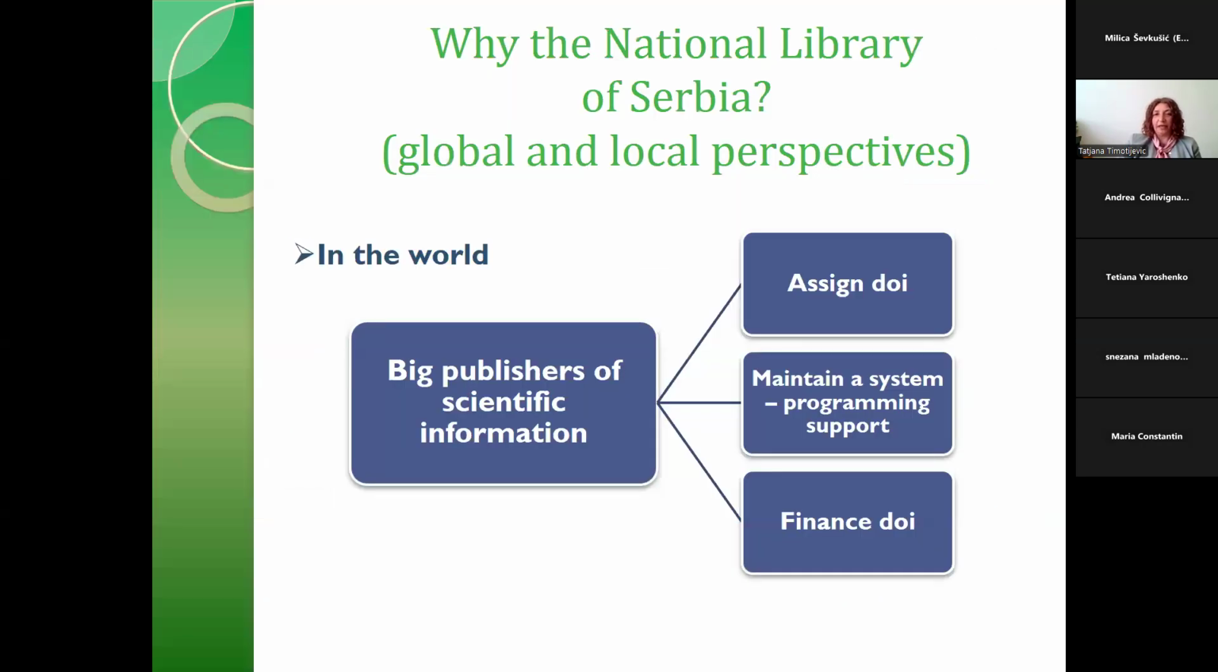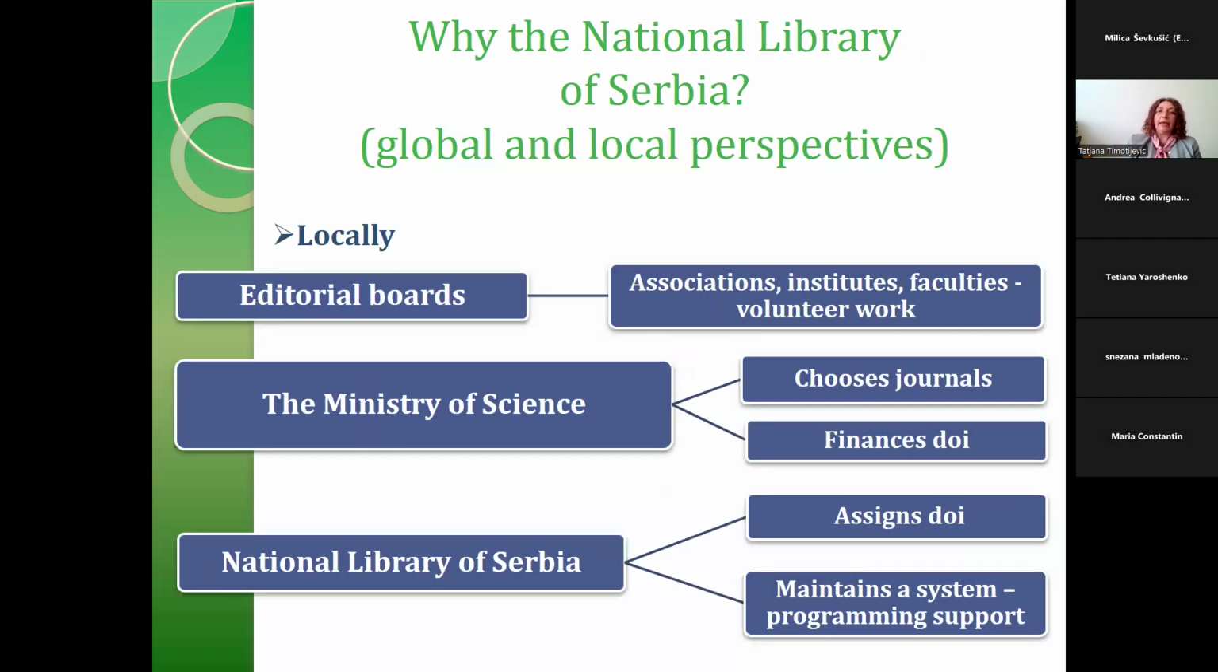Why National Library of Serbia? Well, in the world and in the majority of countries, we have big and professional publishers of scientific information, which assign DOI for their journals, maintain a system, and finance DOI. In Serbia, the situation is quite different because we didn't have professional publishers of scientific information, and editorial boards and publishers of scientific journals mainly come from associations, institutes and faculties. The Ministry of Science in Serbia chooses journals and finances DOI, and the National Library of Serbia assigns DOI and maintains